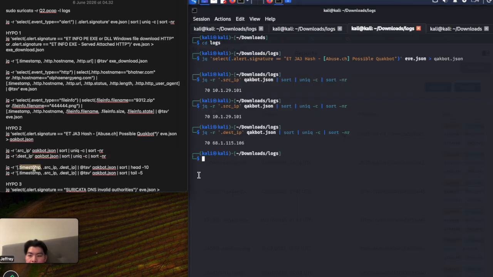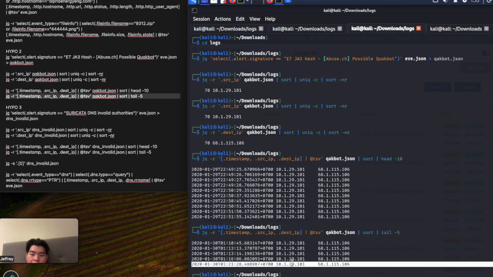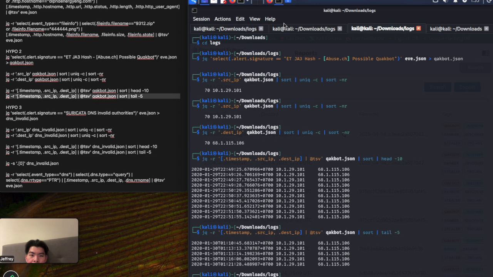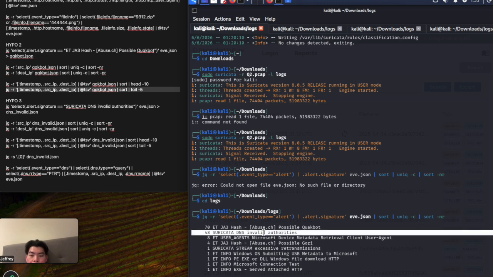Then I looked at the timeline. Beaconing actually starts at around 3:49, about 17 minutes after the payload download, and the last alert fires at around 6:21. So that's about 2.5 hours of persistent C2 communication at regular intervals. That's not normal user behavior, and I confirmed that it's a malware heartbeat. So hypothesis 2 confirmed. We're moving on to the last hypothesis, which is about the 48 DNS invalid authorities